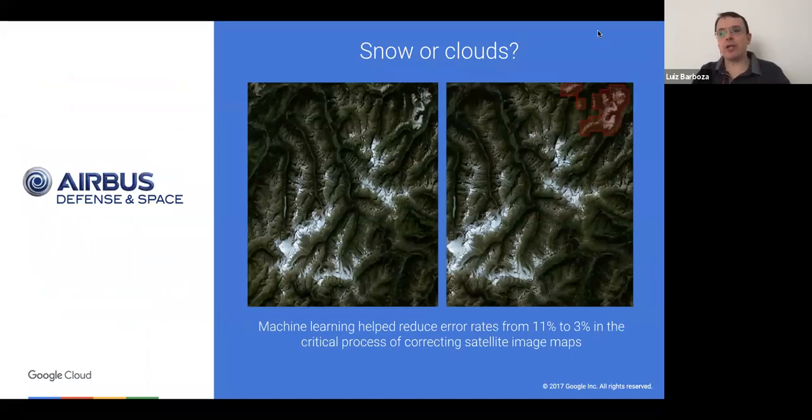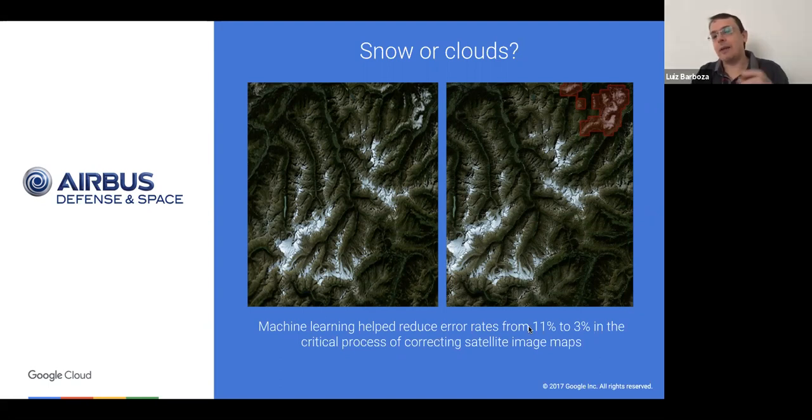In terms of image recognition, they have this case here, which is very interesting. They have satellite photos, and the satellite photos should be processed and analyzed to try to differentiate which is snow over the top of the mountains and which are clouds. And of course, there are two different decision points here. The satellite image recognizes something as snow. If you are an airplane pilot, you should be up to an altitude which is above the mountains, of course. If it's a cloud, he could calculate, depending on the cloud, whether to go through the cloud or avoid somehow the turbulence of going through the cloud. Regardless,